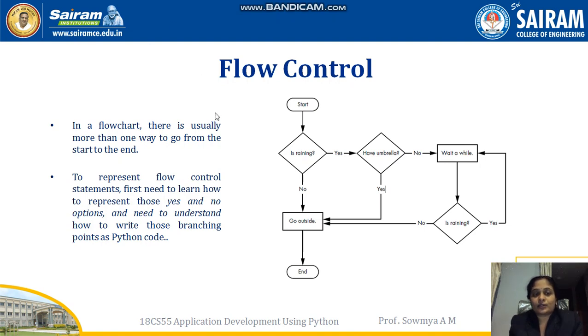A flowchart is usually used for checking or tracing the flow. It should start with start and go to the end without any jumps in the statements. If you come to control statements, or a statement which has two decisions, the execution of the program should follow either yes or no. This is how the flow control of a program is done.